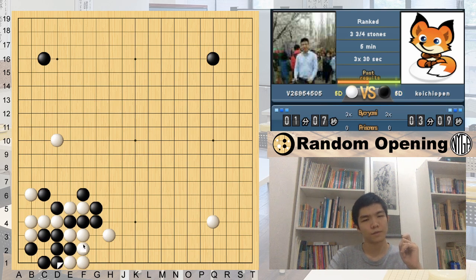Wait, why is white playing this way? There's a push and cut here. What is my opponent doing? Okay, I think white just suddenly died again. I don't know why I'm saying again, but white suddenly died. Because if white Hane now at B... A19...